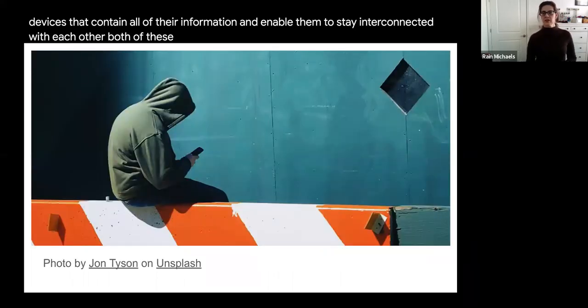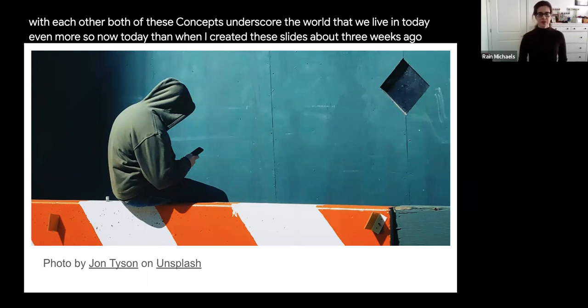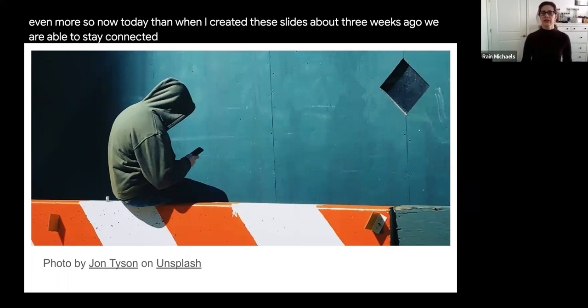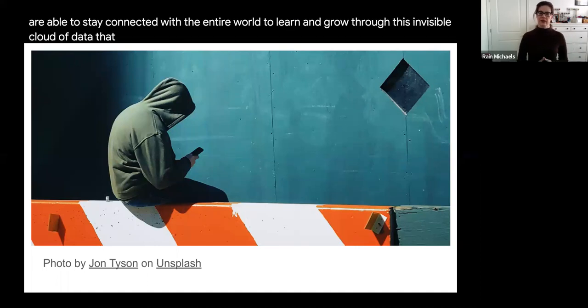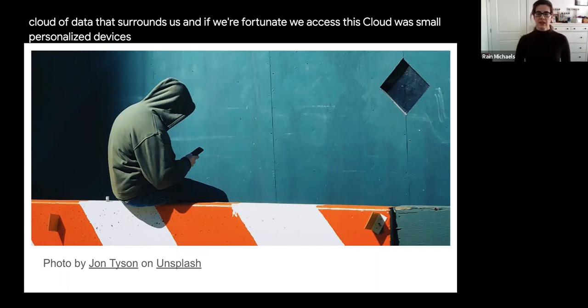Both of these concepts underscore the world that we live in today, even more so now than when I created these slides about 3 weeks ago. We are able to stay connected with the entire world, to learn and grow through this invisible cloud of data that surrounds us. And if we're fortunate, we access this cloud with small personalized devices that we hold in our hands,